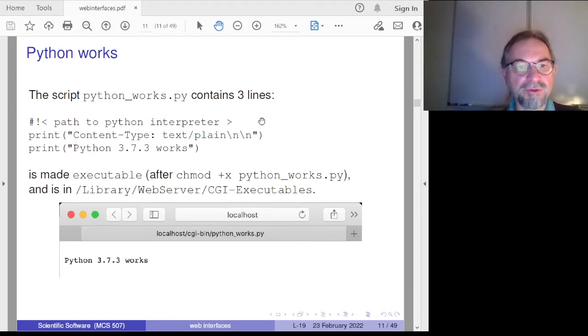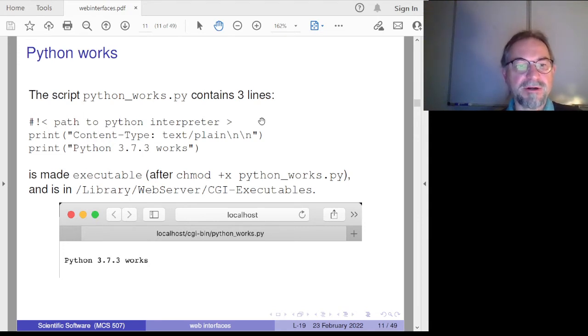And our Python scripts are in the folder, so in the user folder where you want to start serving on Linux, or in the folder where on Mac all the